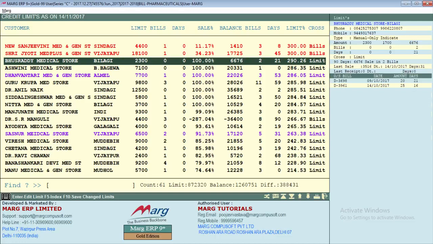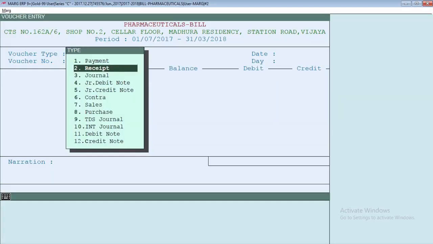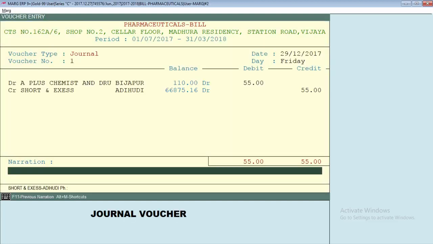If some of your customers' bills are of less amount like 20, 25, etc. and you want to clear their outstanding, then from here itself you can press F11 function key and generate voucher and clear their outstanding. So you can clear their outstanding from here by generating its entry in short and excess or cash received. For that, press F11 here. Then enter on journal if you want to pass the entry of short and excess, or on receipt if you want to pass the entry of cash received. So in this way we have passed an entry for short and excess.